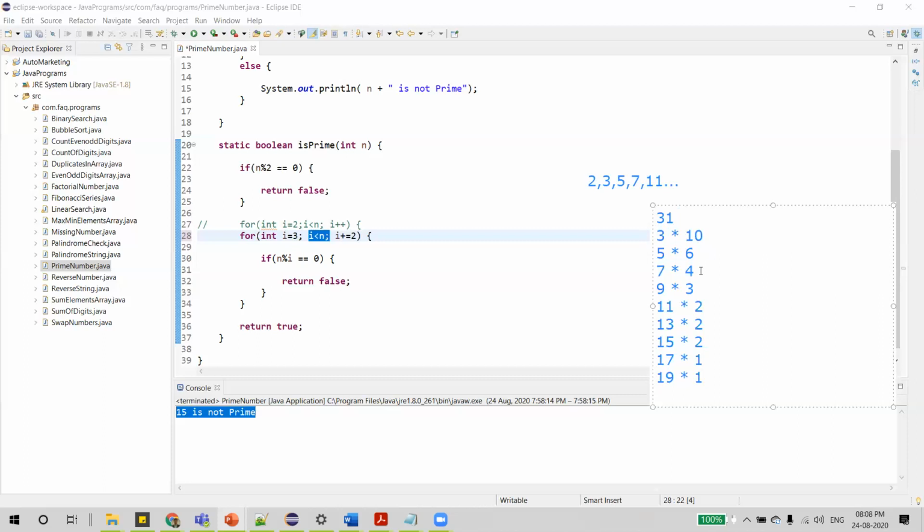To speak correctly, we don't even need this condition, 7 into 4. We wanted to stop at this condition itself. But how do we know whether the multiple is greater than or equal to I? The multiple has to be greater than I, and it should not be less than I, as we should not be covering this case.